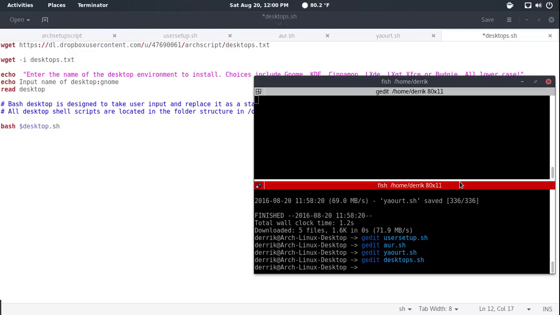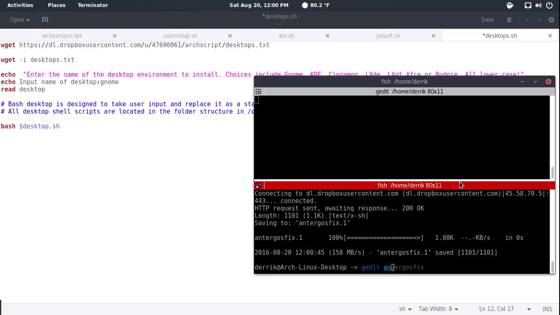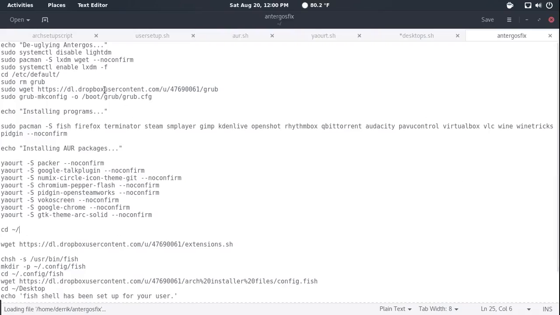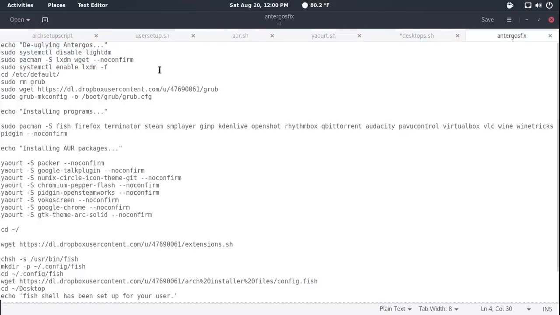So what I use is a little script that I like to call Antergos fix. What Antergos fix does is it disables their LightDM crap. It gets LXDM, and I use LXDM with GNOME because GDM is known to break easily on Arch. Then I have it force enabled just in case there's a problem, and I get my grub configuration,